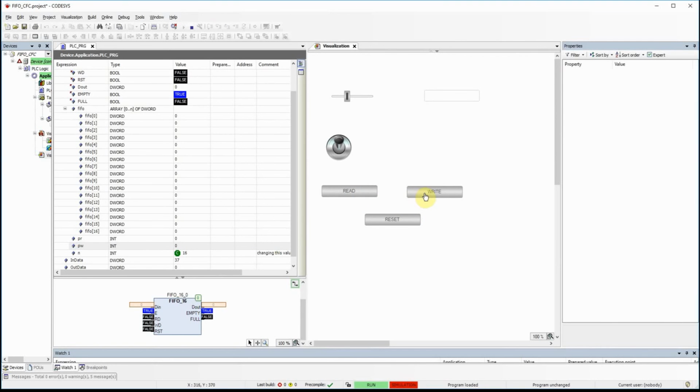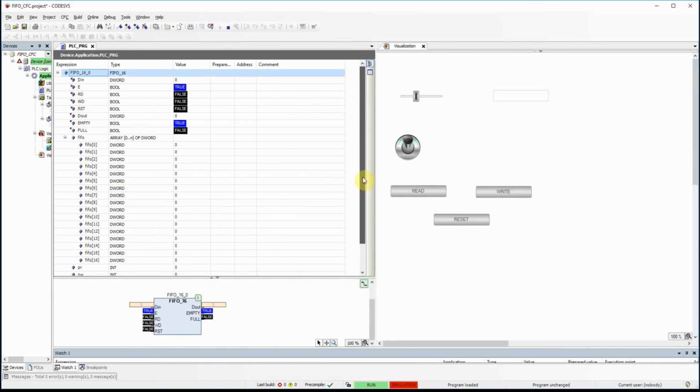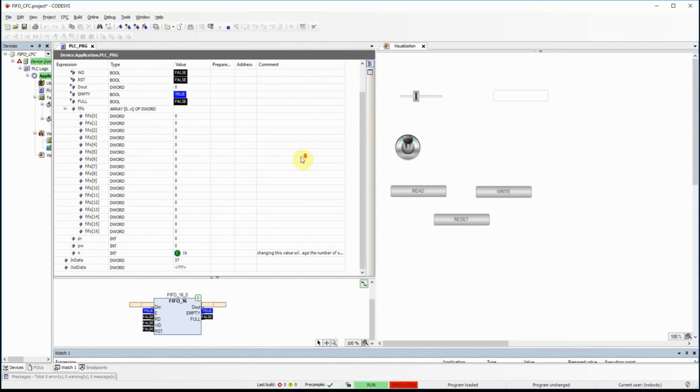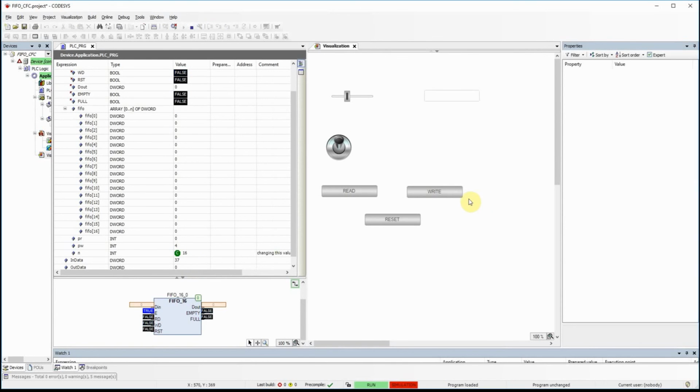If I click on write, you should notice that our value, the input data value, we have it here indeed 37. If I click on write,